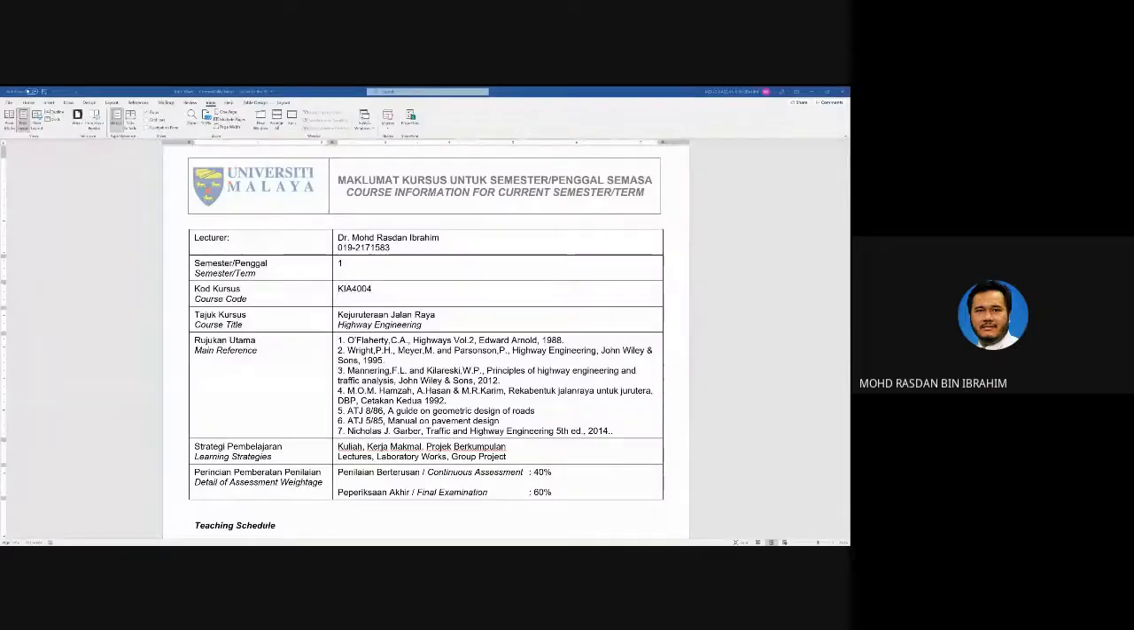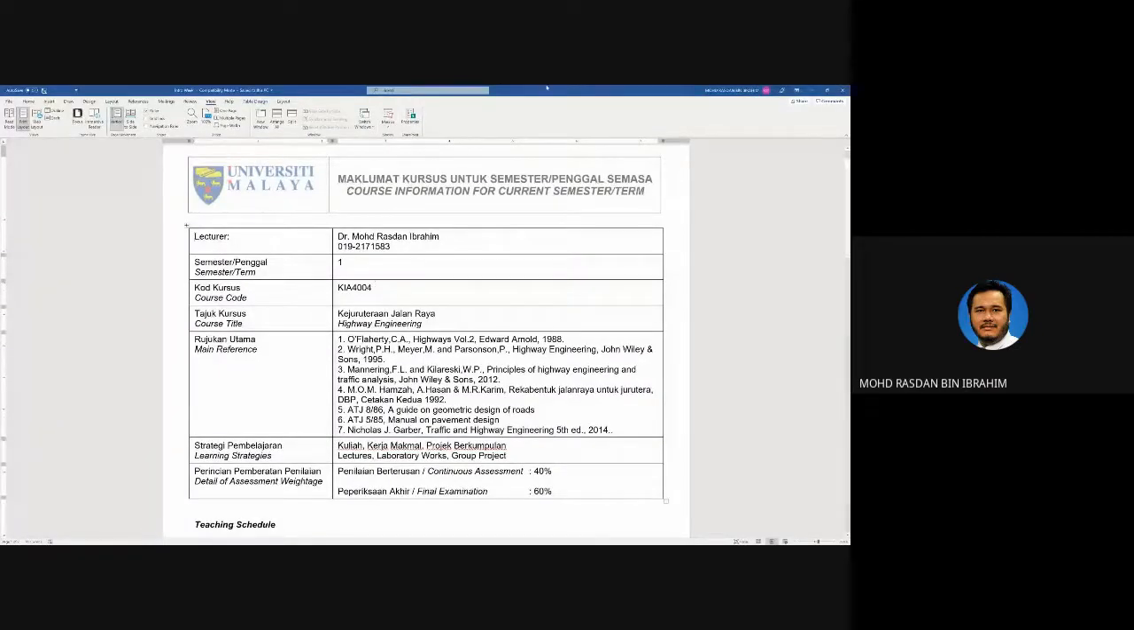To show you some information on the course. Okay, so this is KIA4004 Highway Engineering. All right, so this is my name, Muhammad Razdan Ibrahim, and my number